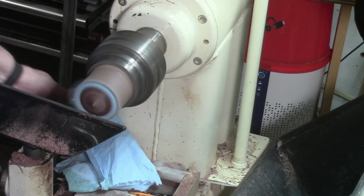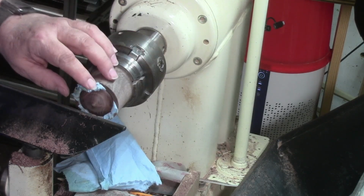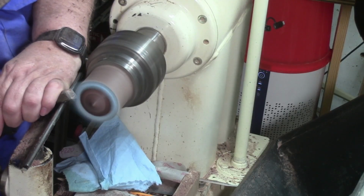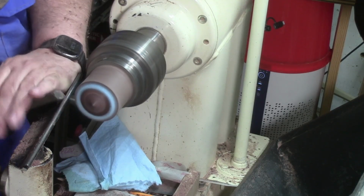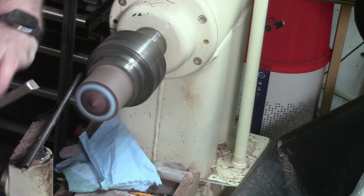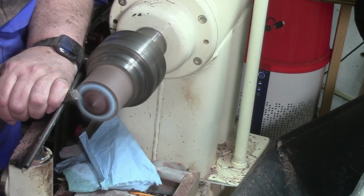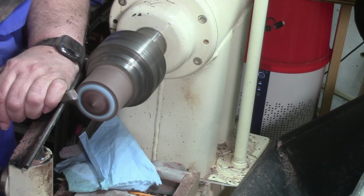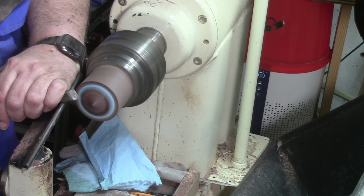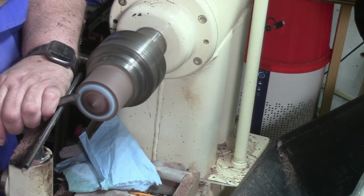Okay, let's take a look at that and see how we look. Looking pretty good right there. We'll see if we can trim some of that shop towel off of there. And again, I'm not touching the wood here, guys. Now I'm going to touch the wood, but I'm going to come in with the